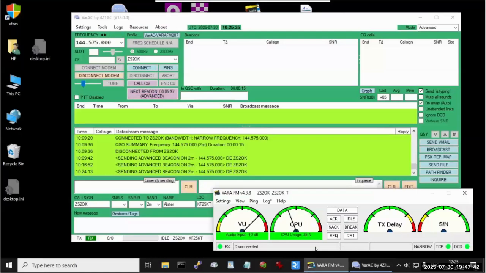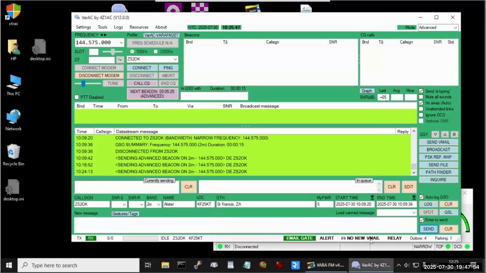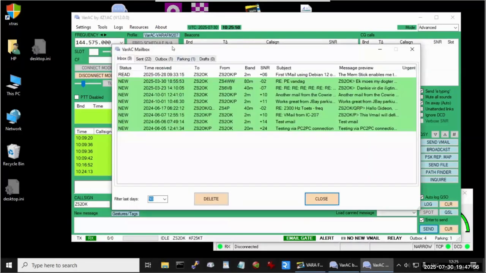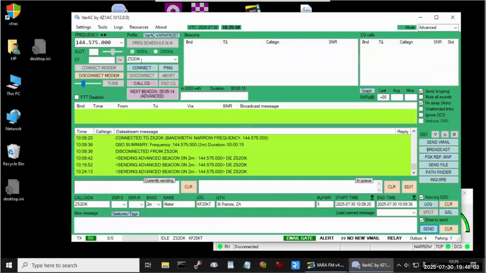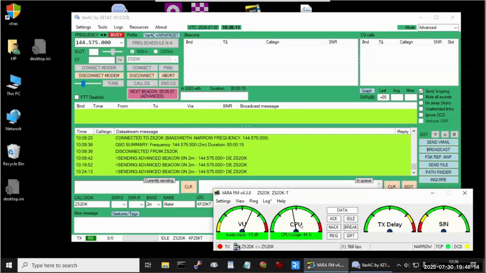I've turned off something that reduces the CPU usage to some extent. We have an email in the outbox. If I click on the outbox there, you can see it's ready to be sent. So if I now connect to the other station, my one station is a portable station, the other one is a base station. So if I connect to it, that will immediately connect, and you will now see the interaction